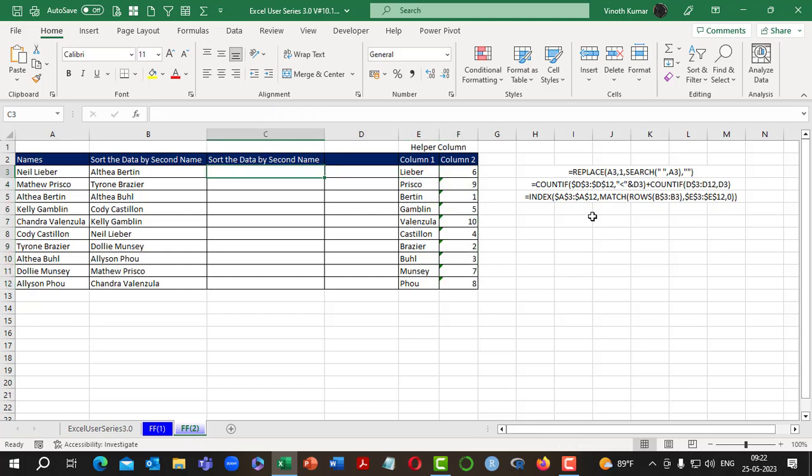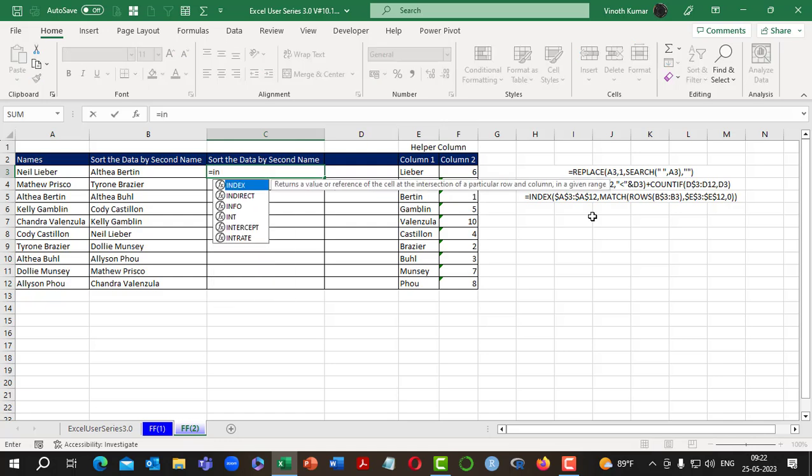Then finally I'm going to use the index and match functionality. So I'm going to say equals INDEX, and the index function will start with the first output here. So I'm going to select the whole output here, with an absolute cell reference, then I give a comma and a MATCH, and then I'll say ROWS here, and the rows is going to start from my first cell here. So I'm going to select the cell reference to the same cell here, and then I'm going to lock it, then select this, place the cursor in the first cell, and lock it in a row. So I'm going to give F4 twice, then I give a close bracket for the rows. I'll give a comma,